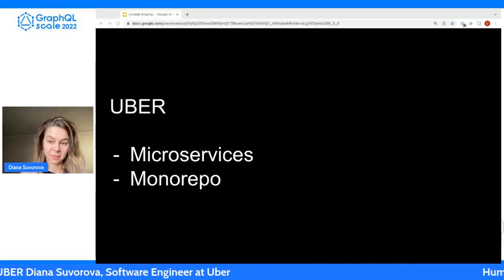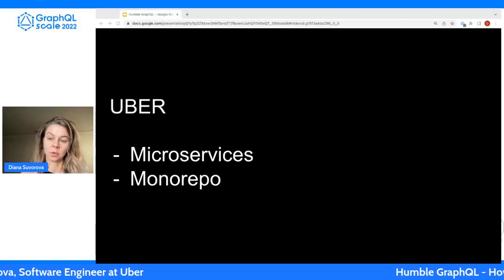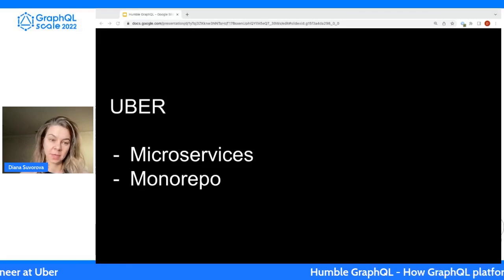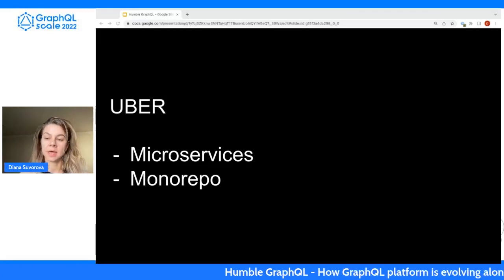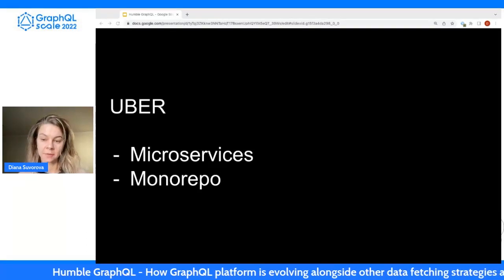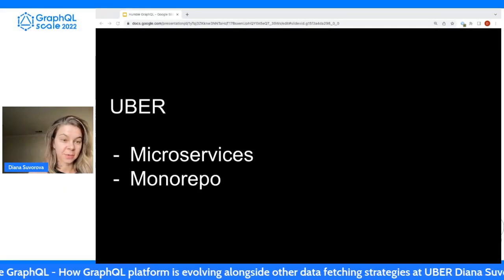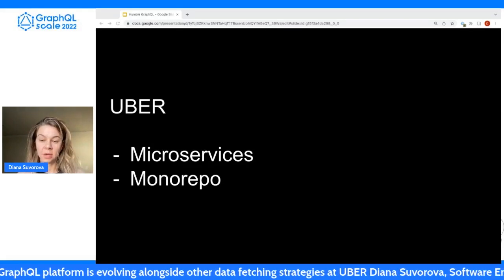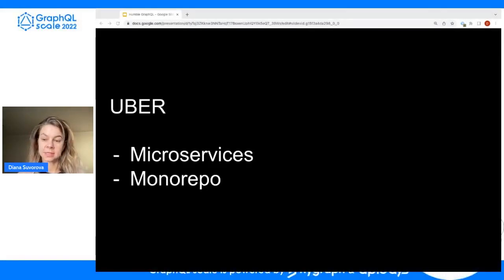To throw some numbers, we have on the order of several thousands of microservices that our engineering team maintains, and that essentially makes the Uber platform. We also joined the monorepo trend, meaning all our code base is hosted in one of a few language-based monorepos. The platform my team supports includes, among other things, a JavaScript monorepo at Uber.